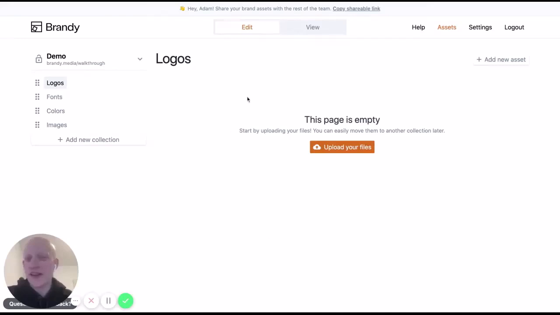Brandy is a simple brand asset management tool, and today I will show you a little bit of what you can do with it. So here on the left, you can see I have a company called Demo, and I can also add more companies. Let's say if you are an agency managing brand assets for multiple clients, but let's stick to a single one